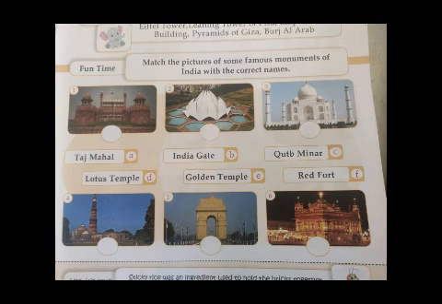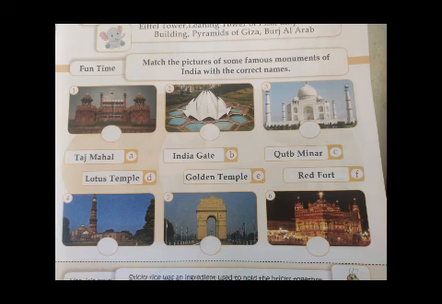Now see the next image, that is the fourth image. Qutub Minar is a minaret and a victory tower that forms part of the Qutub complex. It is also a UNESCO World Heritage site. This site is in the Mehrauli area of New Delhi in India. The height of this Qutub Minar is 72.5 meters, making it the tallest brick minaret in the world. So for the fourth image, you can write option C, Qutub Minar.